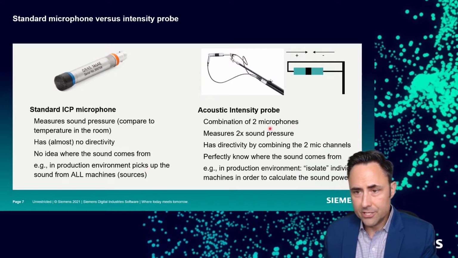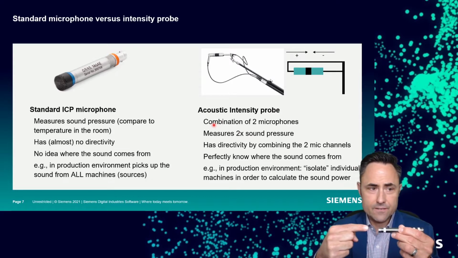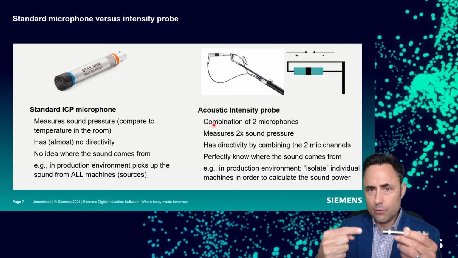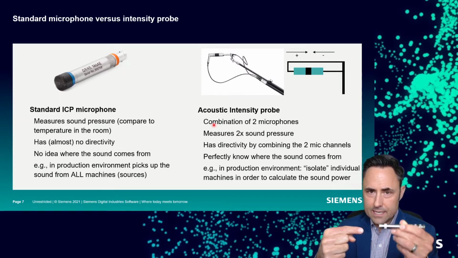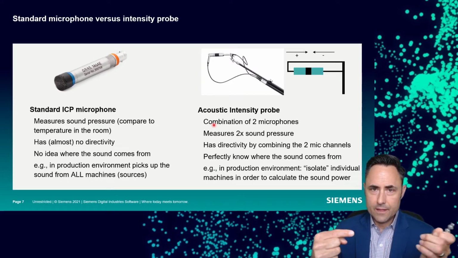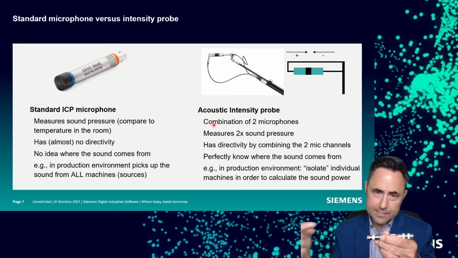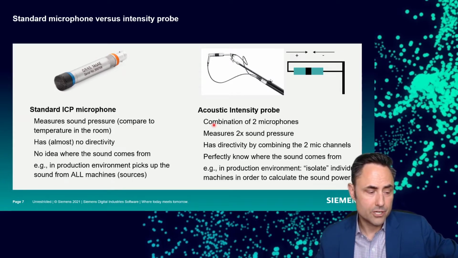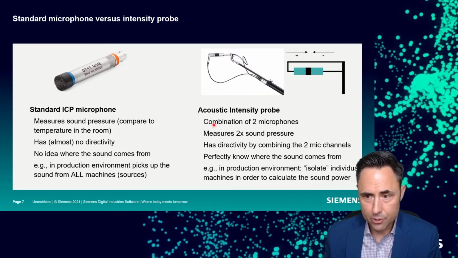We compare that to an intensity probe. It's really two microphones now, placed face to face like this. In doing that, we're going to measure not only two pressures, but we're going to have an idea based on the way these signals come in. If this guy gets the signal before this guy, then we know the sound's traveling that way. If this guy registers the pressure wave before this guy does, then we know the sound's traveling that way. So by adding transducers to our measurement, we get some indication of the flow of the sound energy. And that's one of the big advantages of a sound intensity probe.